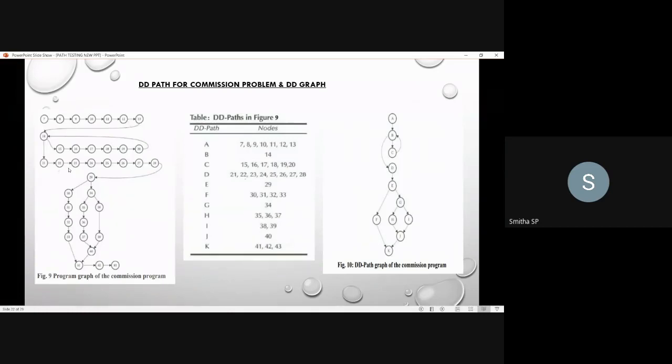Your job here, while constructing the DD path graph, is to condense the program graph. Wherever you identify sequence nodes, they will be represented by a single node. So that is about DD path graph construction.